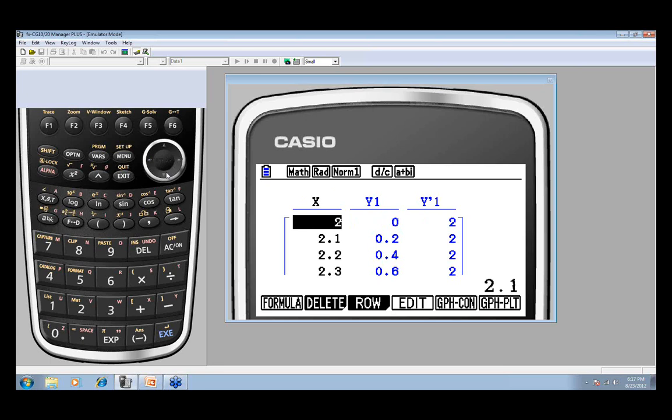But we're going from 2 all the way to 2.5 to 3, all the way, the values are listed all the way up to 4. But specifically tonight, we're wanting to investigate what's happening as x approaches 3. And from our values here in the table, we can see it's at 2.